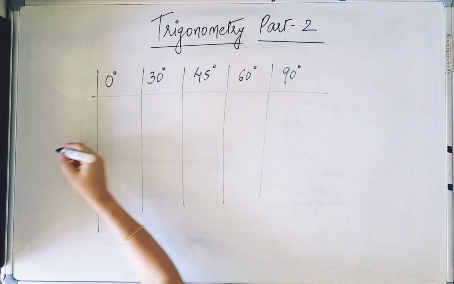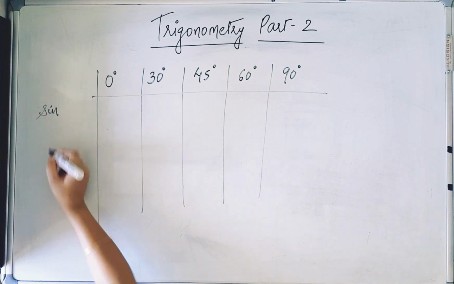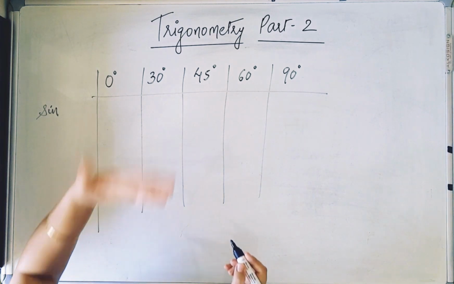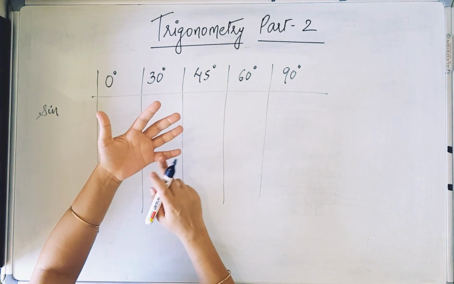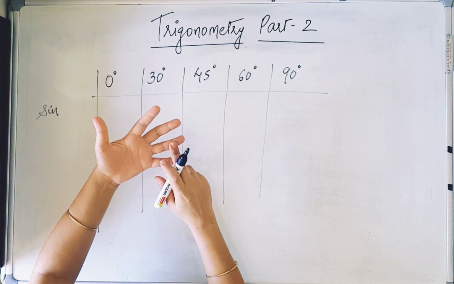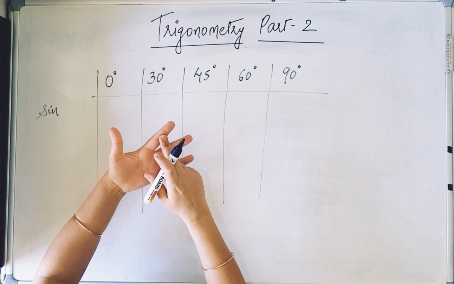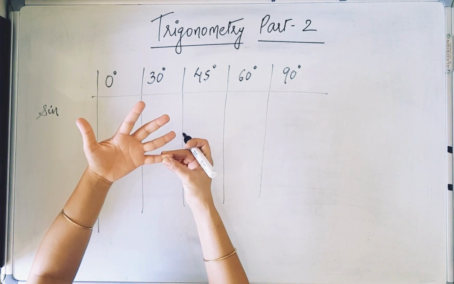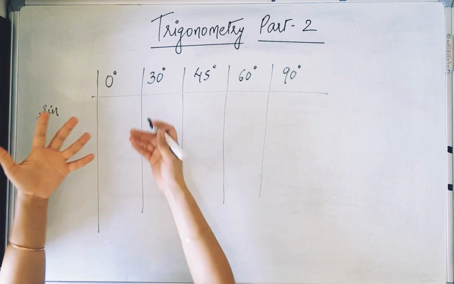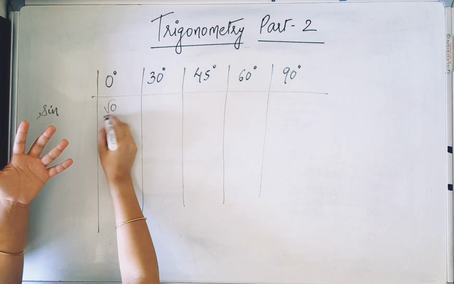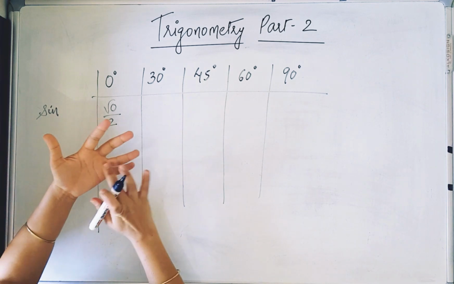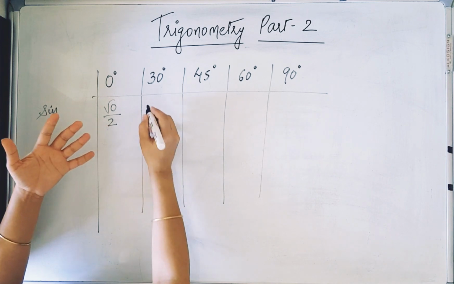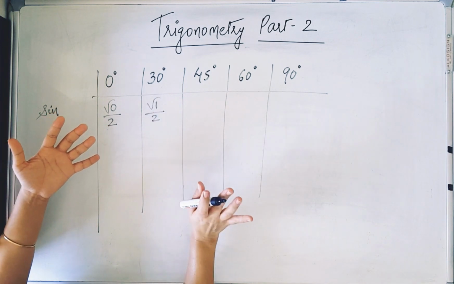So the very first trigonometric ratio which we are going to study is sine. Sine 0. I will be telling you one trick over here. This is your hand. You consider this finger as 0 degree, this 30 degree, this is 45 degree, this is 60 degree and this is 90 degree. Sine 0: below this finger I don't have any finger, so it will be √0, and always 2 below. Sine 30: how many fingers are below this? There is only one finger, so √1 and below always 2.